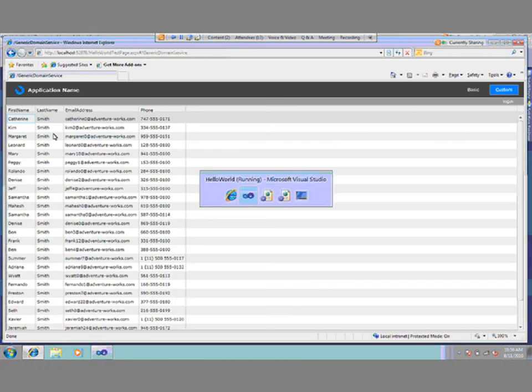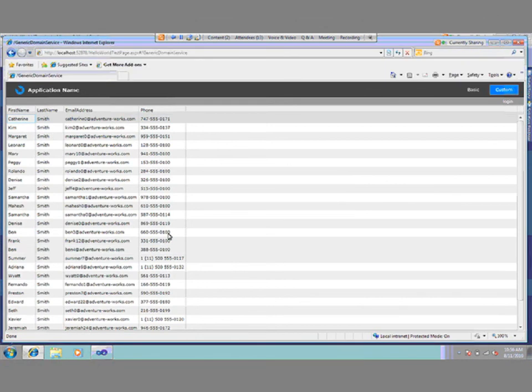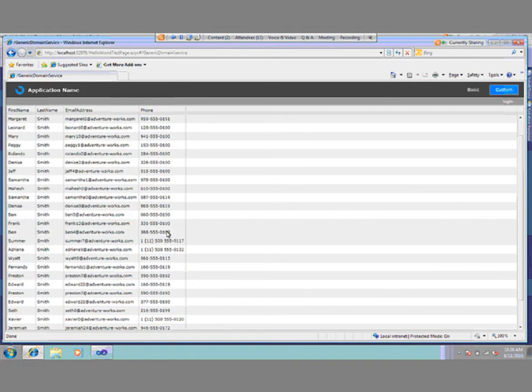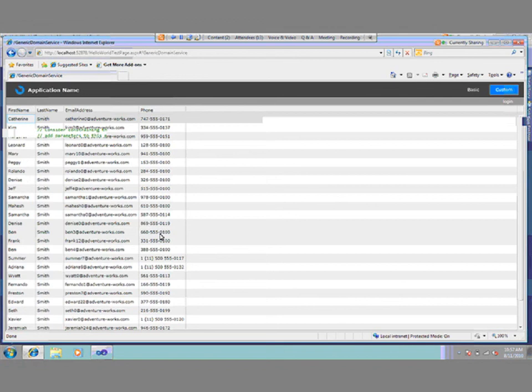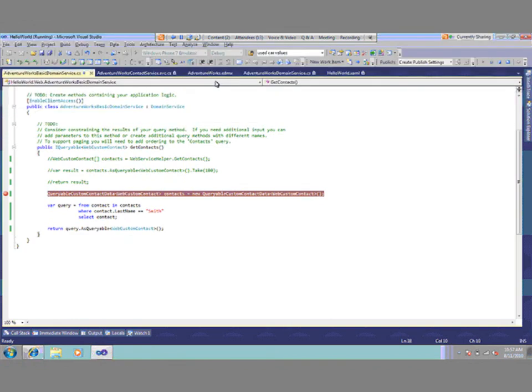And then we're executing a LINQ query on those results to get just ones with the last name of Smith. So we're not taking 100, we're just taking all Smiths from those 4,000 results. So some of the implementation, I'll spend just a little bit because we're at about 11 o'clock, drilling into this implementation. So it starts with